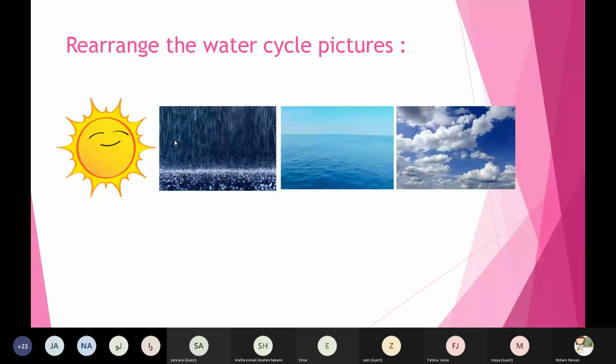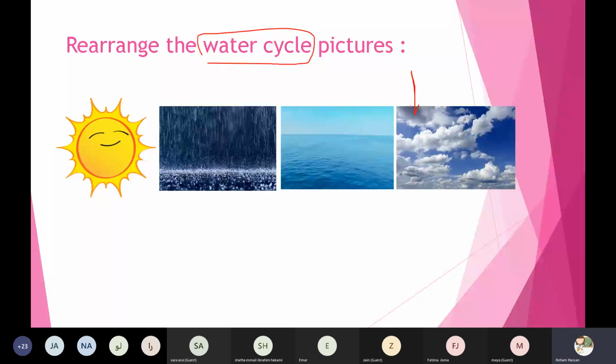Yes, Kenda? Yes, teacher. So if you wanted to rearrange this water cycle, how does this water cycle start? It is cloudy. Kenda, listen to me. Wait, honey, all of you close your mic, grade 1.